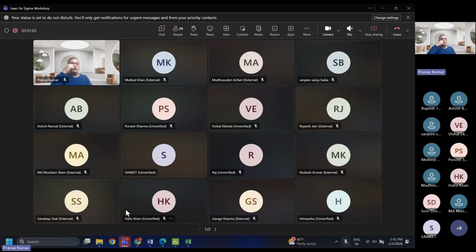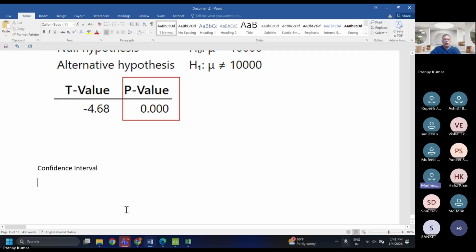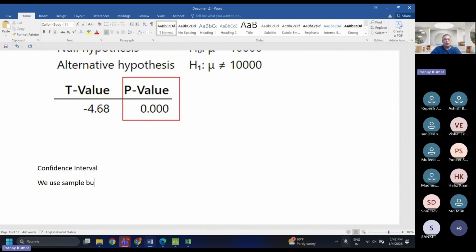Your blood test is being done. What are we trying to do? We will take a sample of your blood, but will we conclude that this sample has diabetes? No, we are concluding that you have diabetes. Correct? We are looking at the sample, but we want to draw conclusion about the population. Is that thought clear? Manshu, Mukesh, Hafiz? Yes, Pranay. With me? We use sample, but our subject of interest